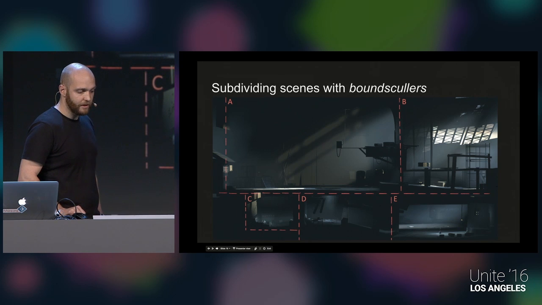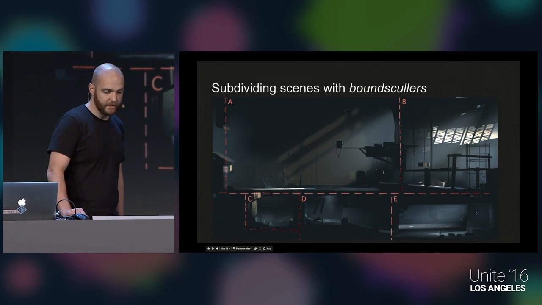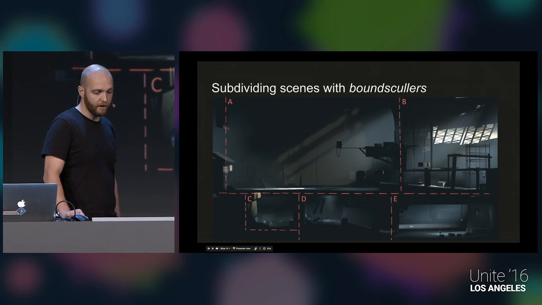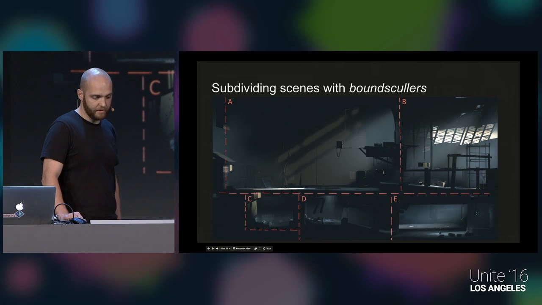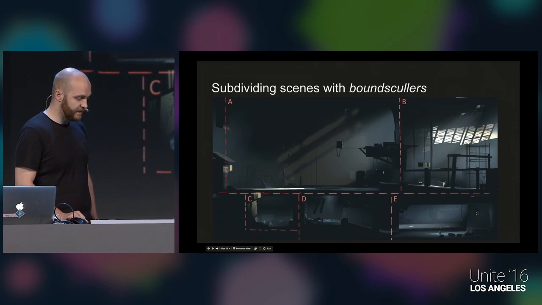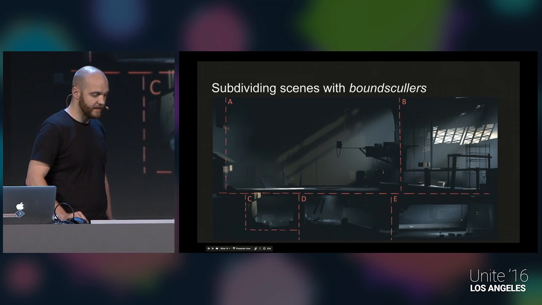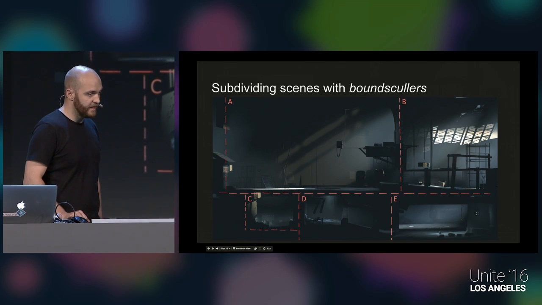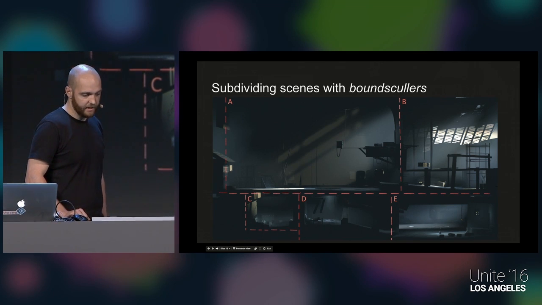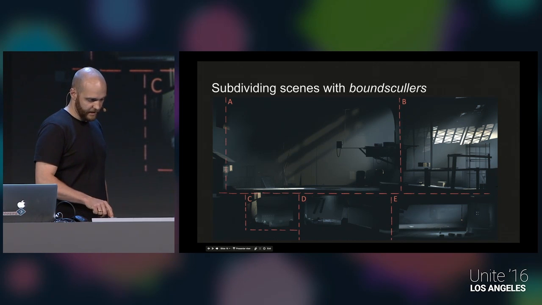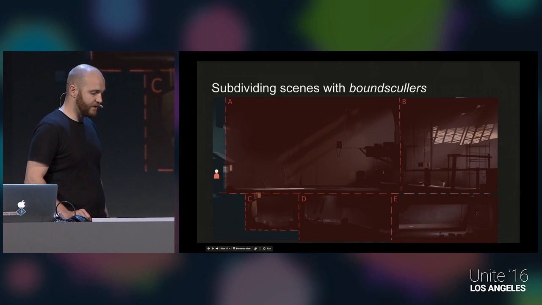We use bounce colors both for deactivating and activating single objects, but we also use it to subdivide the scenes even further. As can be seen in this example, we have divided this part of the game into these 5 sections, A, B, C, D, and E. Now I'll go through with an example what will happen if the player progresses through this area of the game. So the player starts out to the left of section A,